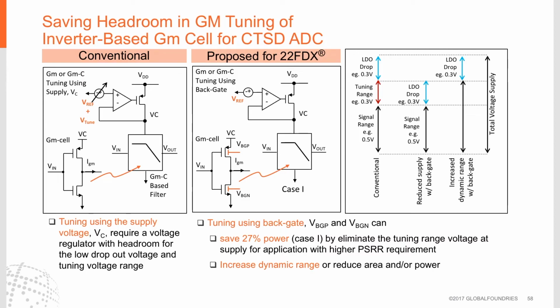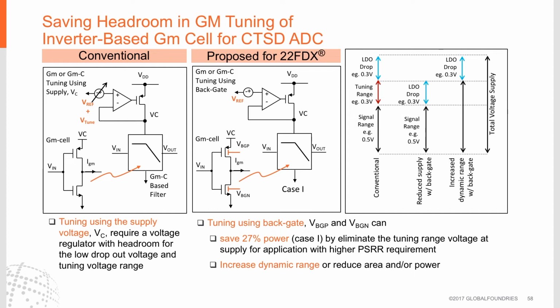Above the GM filter, we have a regulator circuit and a variable VREF for tuning. If we apply backgate bias to the GM cell, we can remove the variable VREF and save the headroom. On the right-hand side, we see the supply budget allocated for each block in this circuit. So if we were to remove the VREF and apply the tuning to the GM cell, we see that we